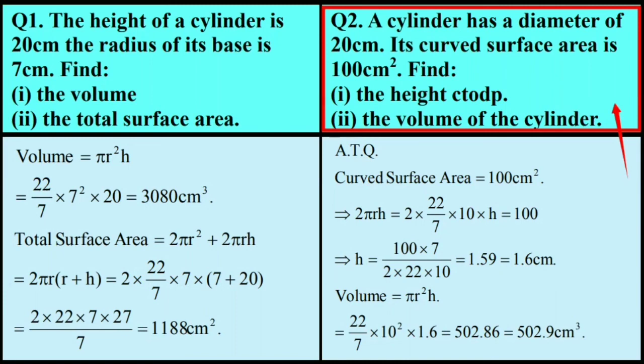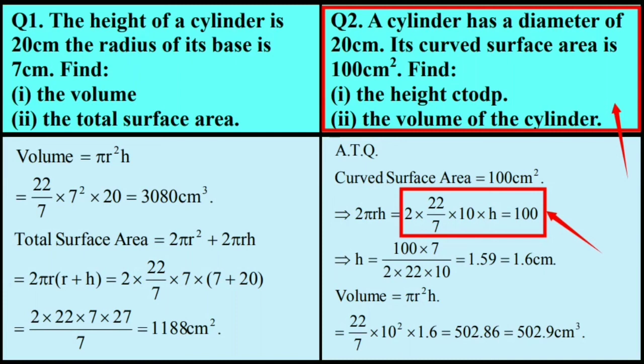Question number 2. A cylinder has a diameter of 20 centimeter. Its curved surface area is 100 centimeter square. Find number 1, the height of the cylinder correct to 1 decimal place, and number 2, the volume of the cylinder. Since the curved surface area, that is 100 centimeter square, is compared with the formula 2 pi rh, where r,